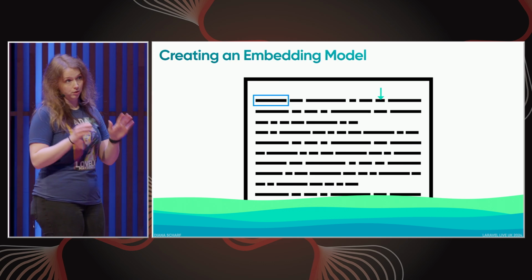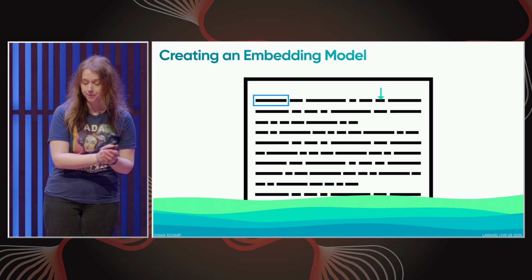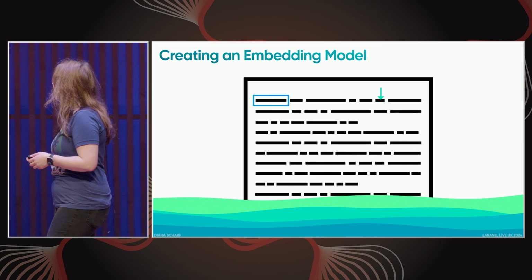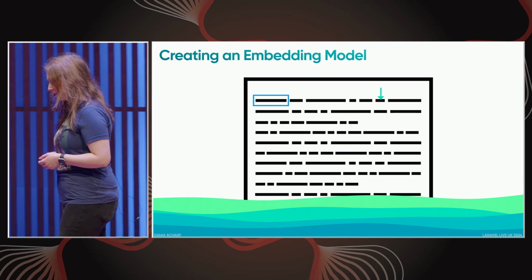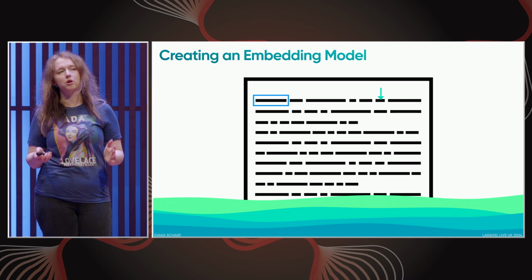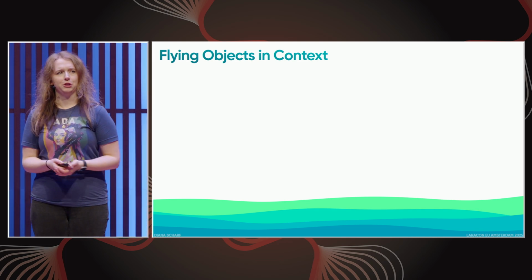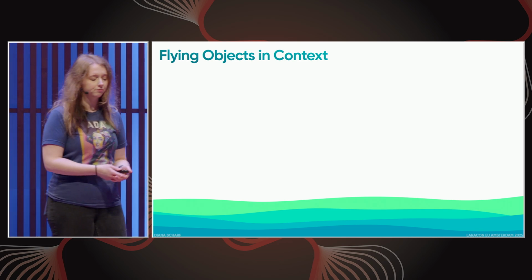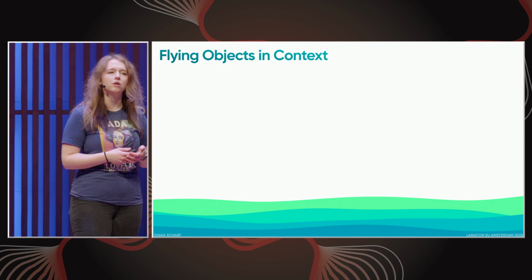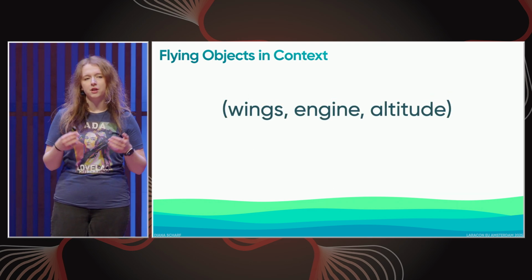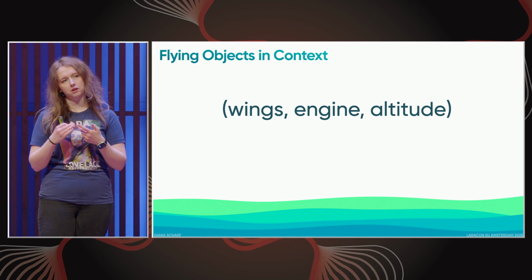There are a lot of ways on how to exactly do that, but like I mentioned, we will leave that fun to the Python people. But you will see Python just in a minute, just a warning. Good, but just to give you an example of how an embedding model, really much simplified, can be created. We will look at flying objects, so everything that moves in the air. We will feed a finite and hypothetical body of text into an embedding model, and this embedding model will look at the context of these flying objects in the terms of wings, engine, and altitude.